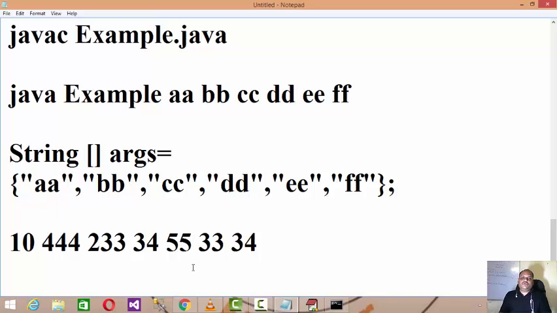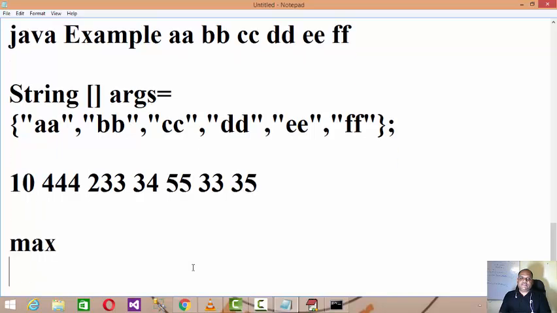So in such situations, whatever the first number in the set, you consider this as a max and consider it as a min also. Whatever the first number you have in the set, you consider as a max and as a minimum also, and then set a loop. If you find a number which is greater than this, then you hold that number as a maximum, and if you find a number which is less than this number, then hold that number as a minimum, right?